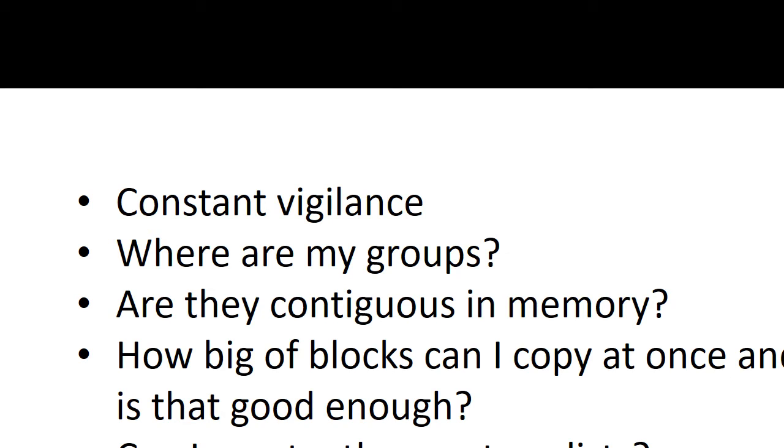So how do we actually do this? I won't go through the code, but what we actually really do is just be constantly vigilant about a number of things about the configuration of the system. So where are the groups? In memory and in space. How do they relate to each other? Are they contiguous in memory? Can you copy big blocks? So you do like manual prefetching. Can you look at how many particles in my group are actually contiguous in memory, go and prefetch all that information, store it in a new matrix, and then go on to the next one? And to do this dynamically.